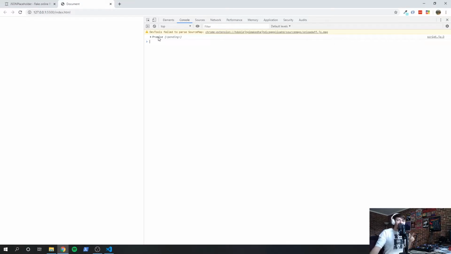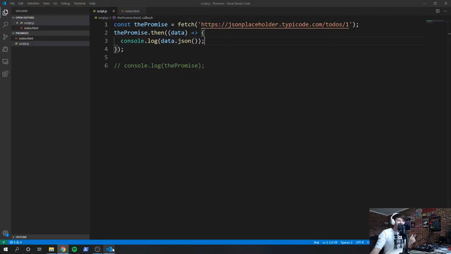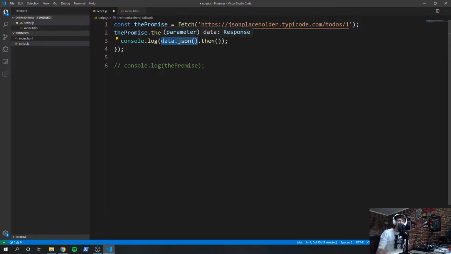See, it logs a promise. So what does that mean? That means that data.json returns a promise. And if you want the data of this promise, what do you have to do? You have to call .then on that promise, right? Calling .then on that promise allows us to run some code when that promise completes. So in other words, data.json is asynchronous. That means that for some reason, calling json on this data is asynchronous. So we need to call .then on it because it's a promise, and we need to accept the data that gets passed to it. So remember, we pass a function into then,